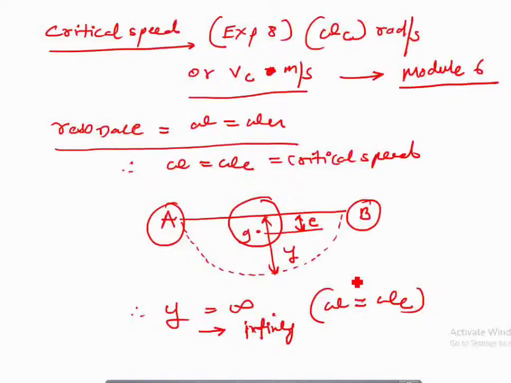At the critical speed of the shaft, the amplitude of vibration of rotors is excessively large, and the amount of force transmitted to the foundation or bearing is also large. So we know that transmissibility Tr is equal to Ft upon F0, where Ft is the force transmitted to the foundation, and F0 is the impressed force.